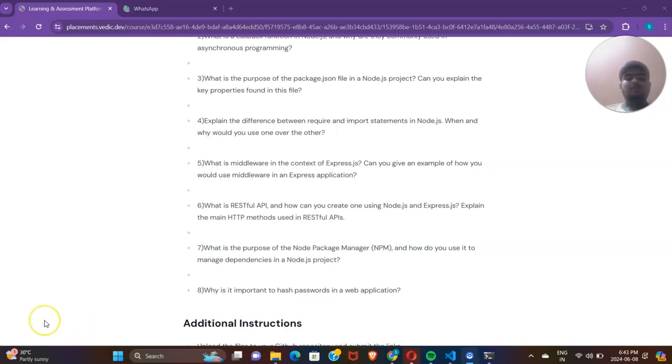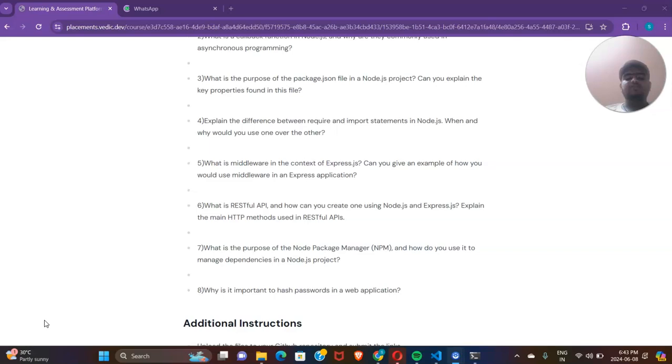The fourth question is: explain the difference between require and import statements in Node.js. When and why would you use one or the other? Here, in Node.js, require is a keyword used to import modules into our project. It is used in CommonJS modules, which are the standard in Node.js. Import is used in ES6 modules, which are supported in newer versions of Node.js and modern browsers.